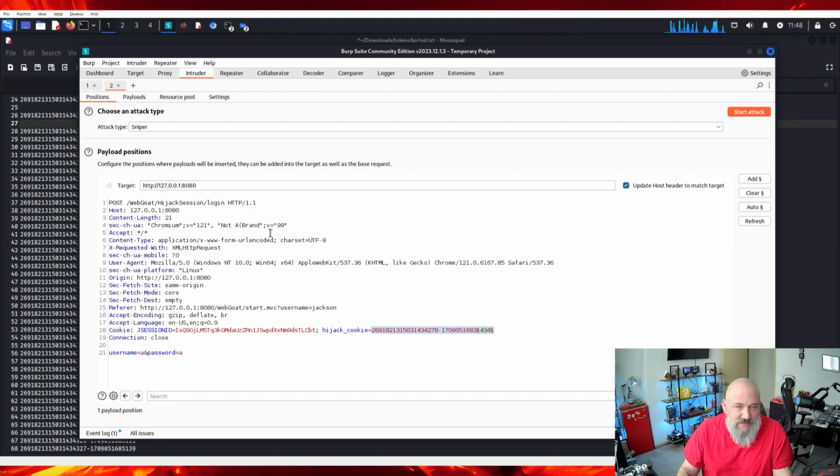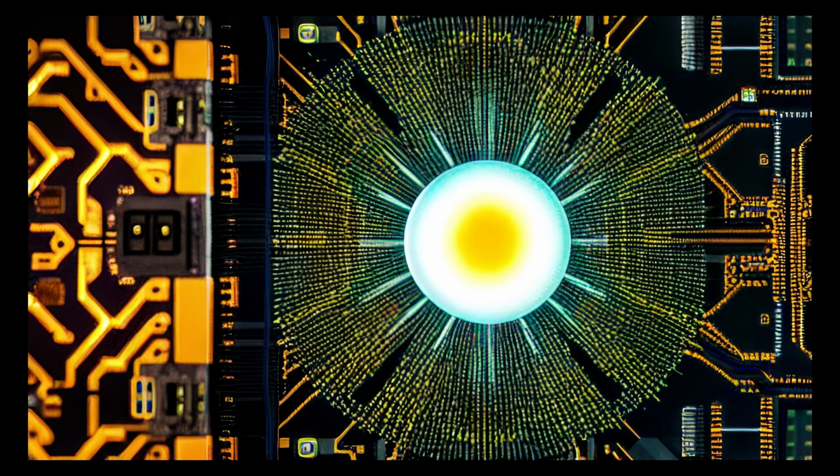So the next thing is that session ID. That is given to us by WebGoat, and that is a value that if we mess that up, it won't work, no matter what we do with this hijack cookie value over here. So we do want to make sure it's the right one. So if we go back to our Chrome,